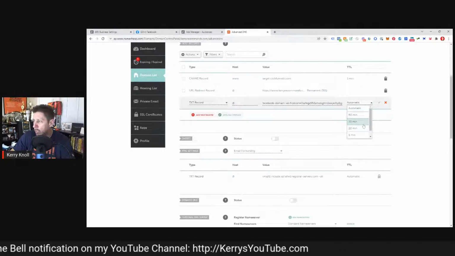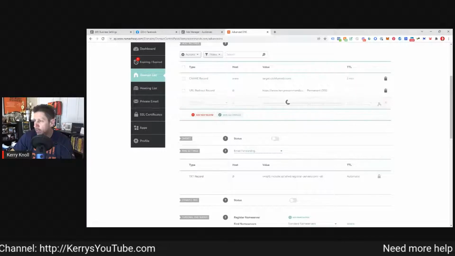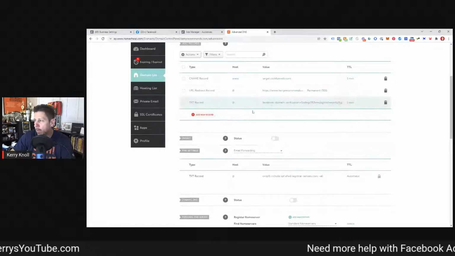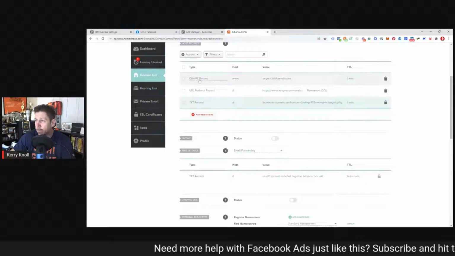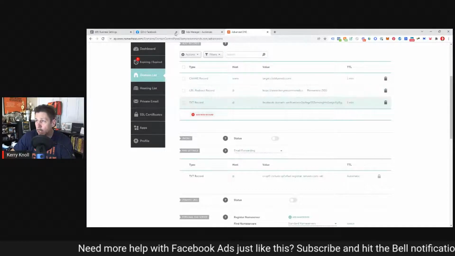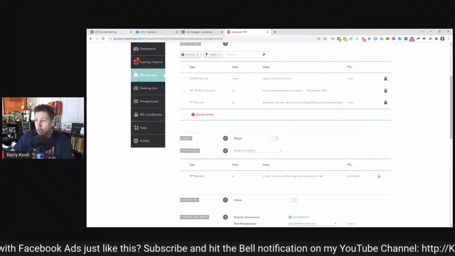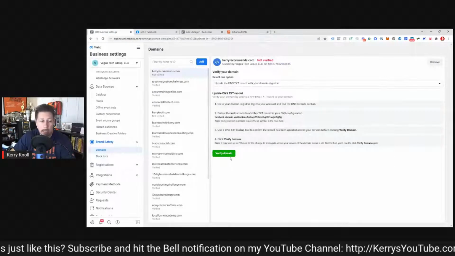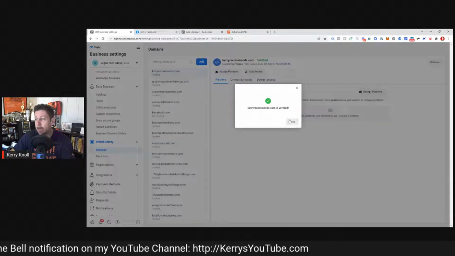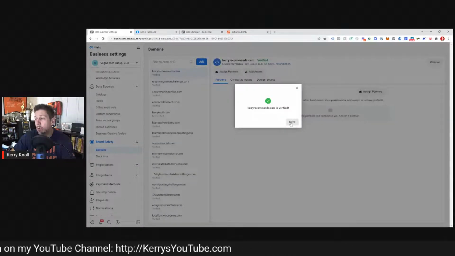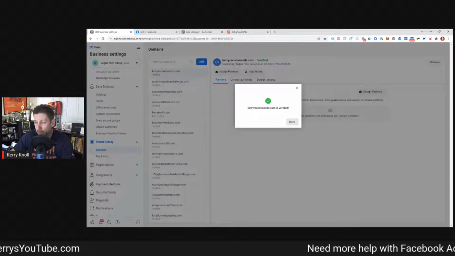And then we'll change the time to live to 1 minute, make it short. Save changes. And now that is the newest domain verification record inside of our DNS. Usually with Namecheap, it does only take about a minute or so before it'll work. So we'll come back to business settings and, crossing my fingers, click verify domain, and it's verified. And this is the process you would do over and over again for all the domains you want to add that you might possibly want to be advertising to